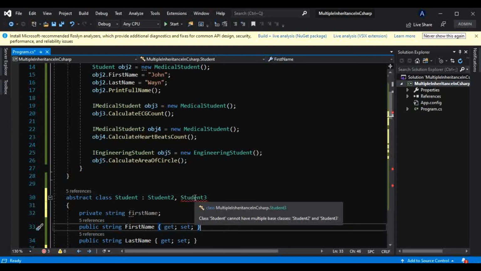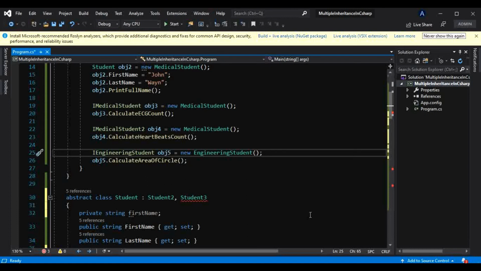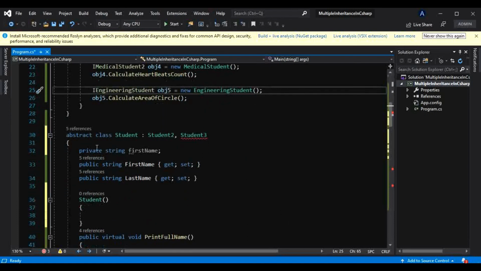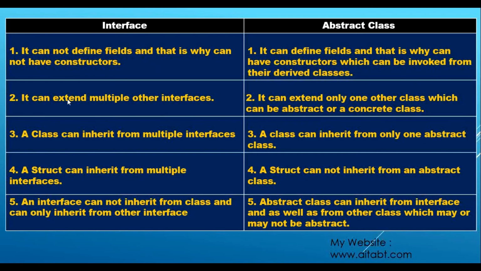And that also I have shown you, Student cannot have multiple base classes. So similar point, but the only difference that we have seen in case of interface, and we are demonstrating it in case of classes. Okay, so this interface can extend multiple other interfaces, and this abstract class can only extend one another abstract class. But what this third point says, a class can inherit from multiple interfaces, and here a class can inherit from only one abstract class.